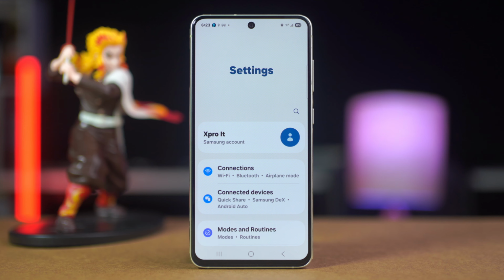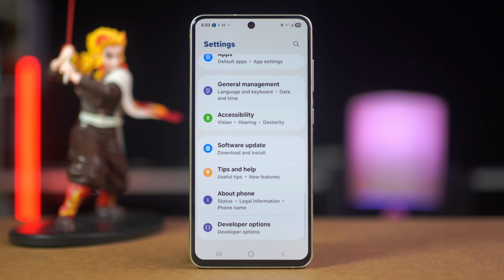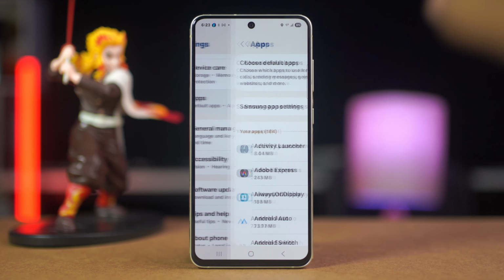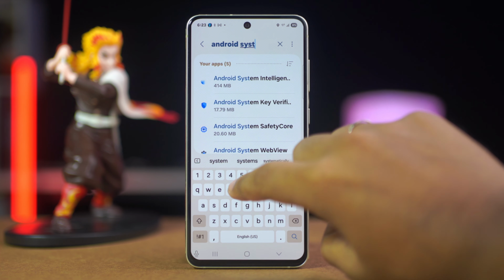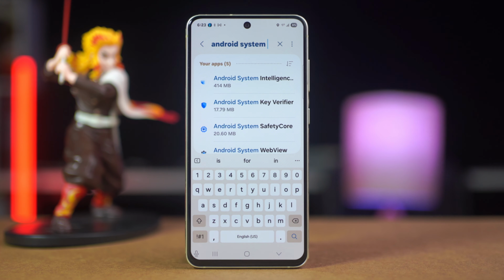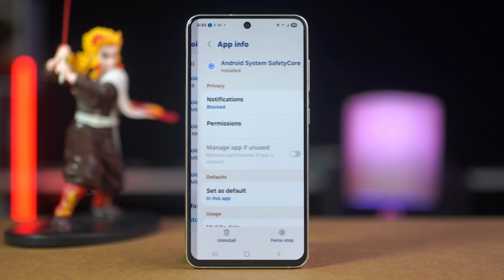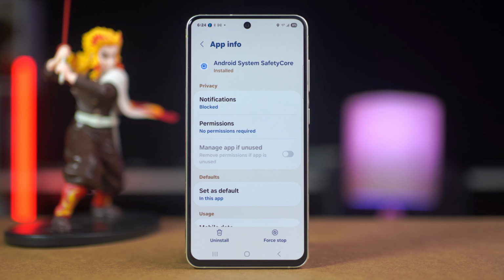Open up the Settings app on your Android phone. Scroll down a little bit. After that, tap on Apps. Here you can see an app called Android System Safety Core. Tap on it. This app checks our photos, and if you look at the permissions, it looks like this app